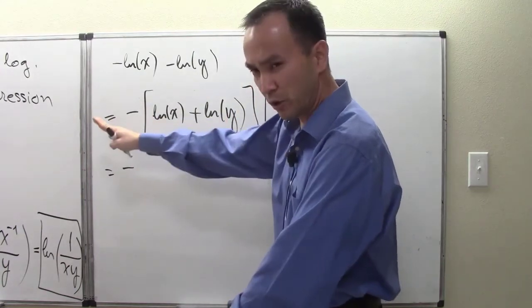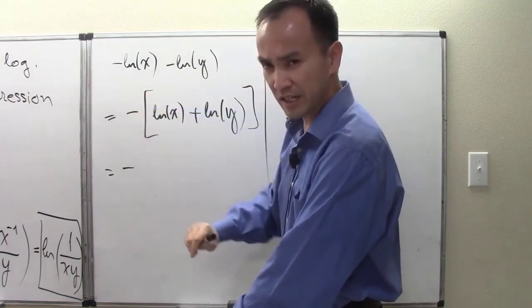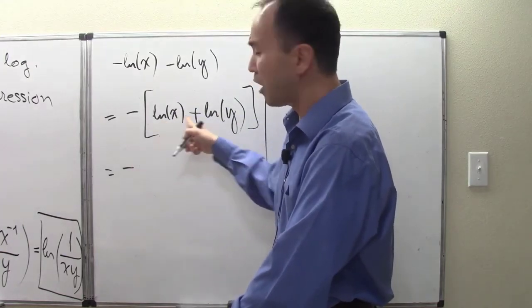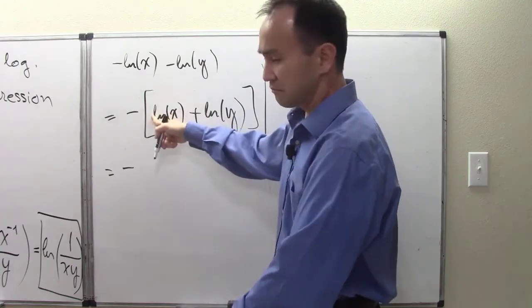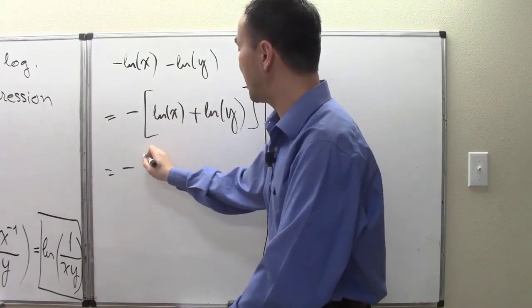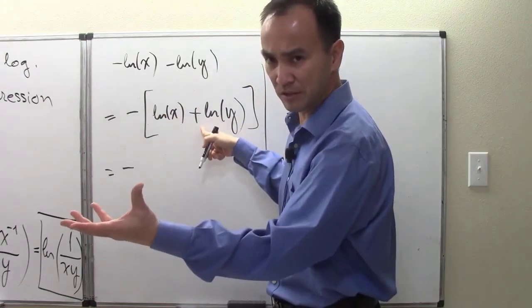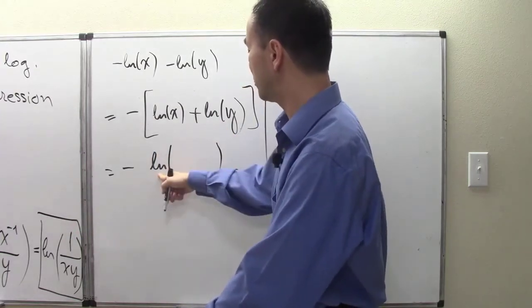So according to order of operation, we have to work with what's inside parentheses first, and then what's outside. That means I'm going to keep the negative sign here, but the two log terms now each have coefficient 1. So we can add these two and apply rule number 4 that we've learned earlier and turn that into one log: natural log of x times y,